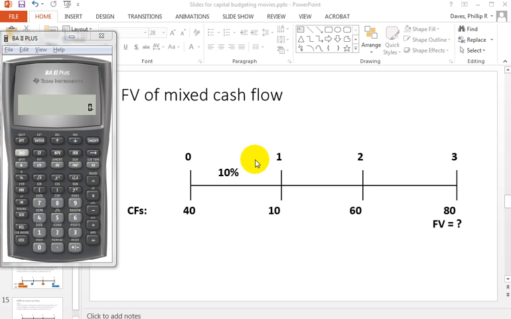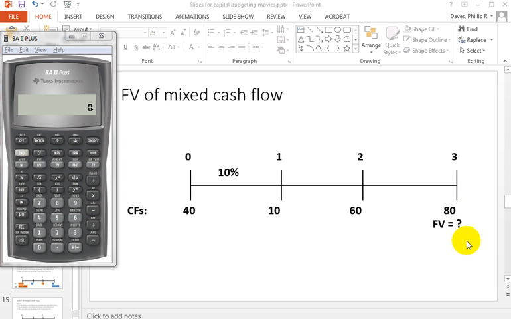I'm going to use the BA2 Plus here to calculate something that's a little more interesting than a standard problem. Here I'm going to use the cash flow register and the NPV button to calculate the future value of mixed cash flows. All right, so here's what we've got: a series of cash flows, 40, 10, 60, and 80. And we want to know what happens when this mixed cash flow grows all the way up to the